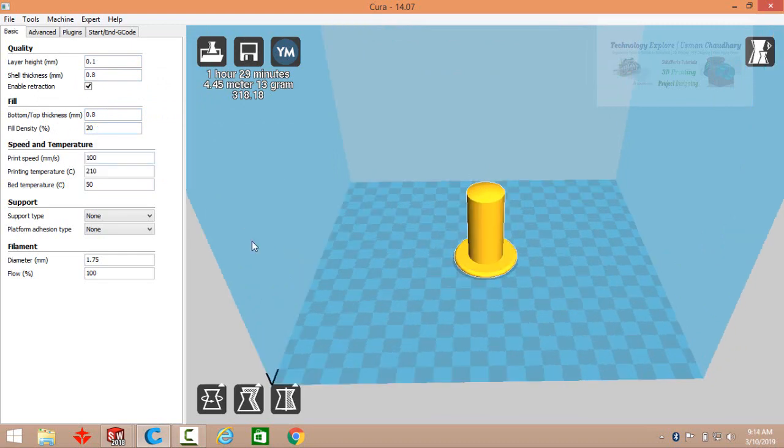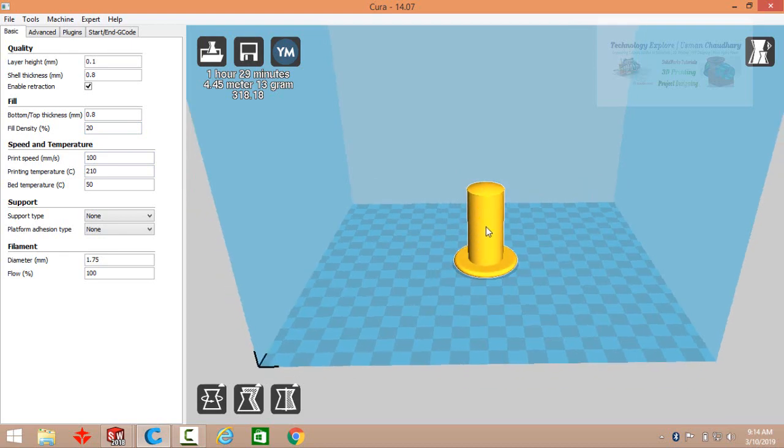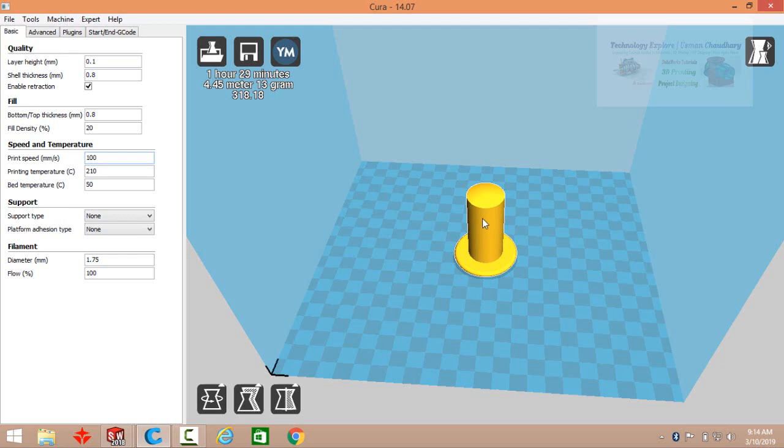and here is the fill density and it defines the amount of material inside the 3D print. For example, if you want to make your 3D print solid from inside, then you should type 100% fill density, or if you want to make your part hollow from inside, then you have to define 0%.